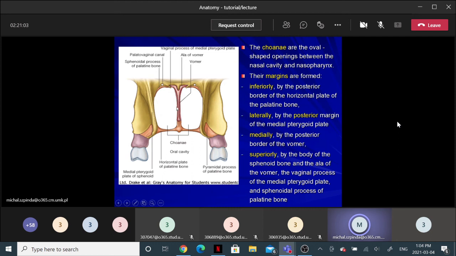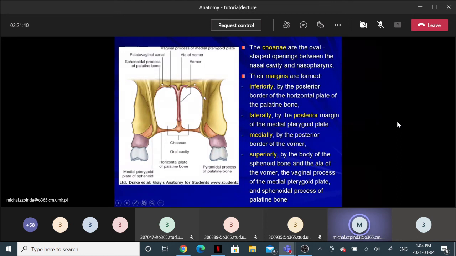Note, the vomer inferiorly is applied and positioned between two nasal crests that are formed by the medial raised borders of the horizontal plate of palatine bone. The inferior boundary is provided by the posterior border of the horizontal palatine plate,